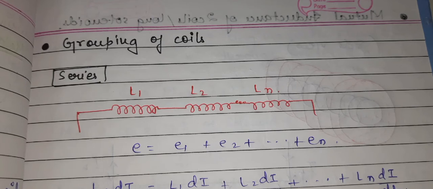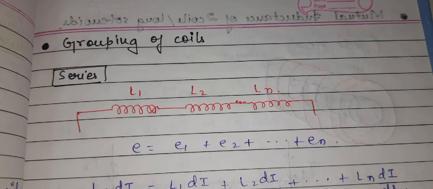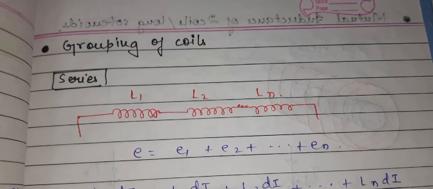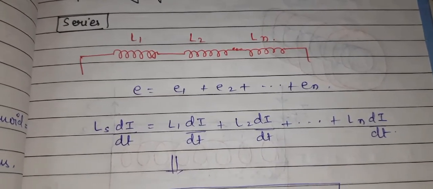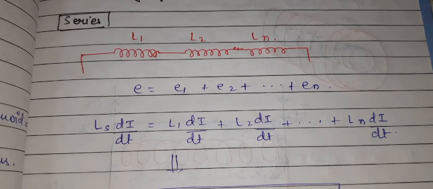Here you can see I have written the statement that is grouping of coils. On the screen you can see the inductors are connected, L1, L2 and so on till Ln. This is a series circuit in which the inductors are inserted in the series format. We all know that if L1, L2 and Ln are these inductors, then the EMF generated